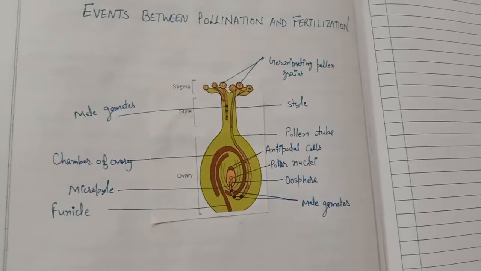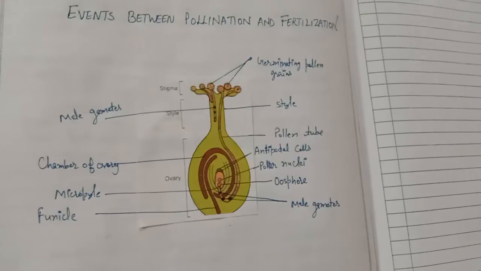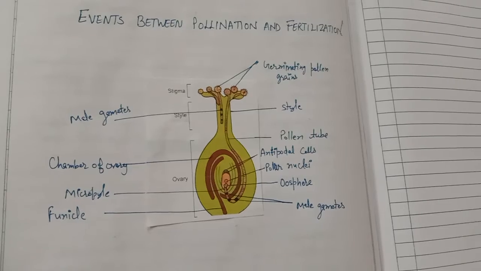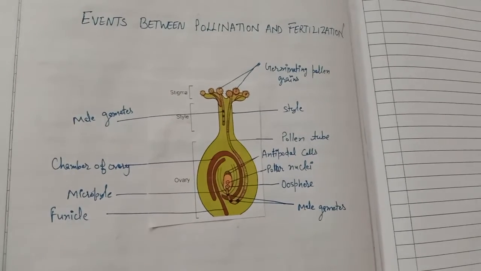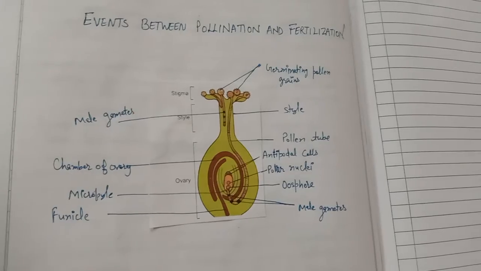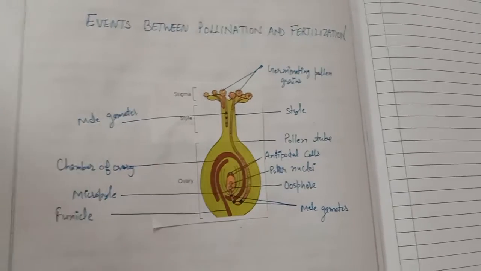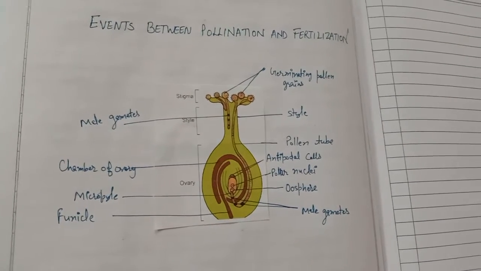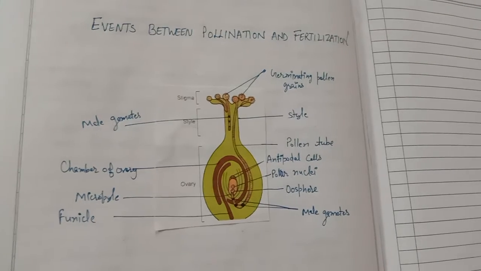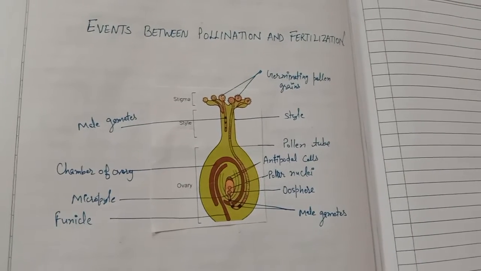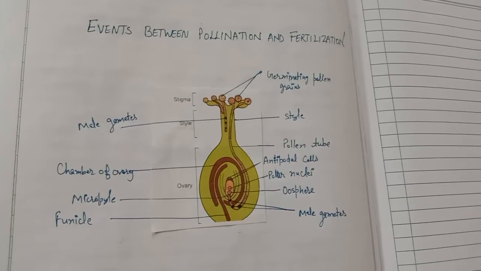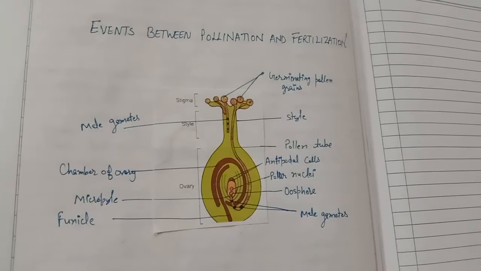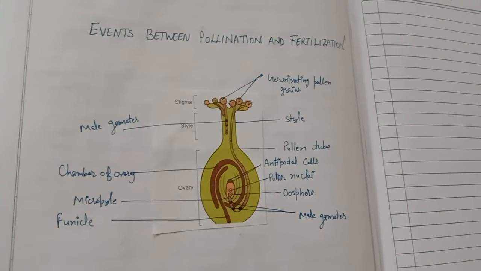When the pollen tube enters there, both the male gametes are functional. There is fertilization, and there are two kinds of fertilization: generative fertilization and vegetative fertilization. Generative fertilization is when one of the two male gametes fuses with the egg cell, and zygote formation takes place. This is a diploid stage, and it is called the oospore.